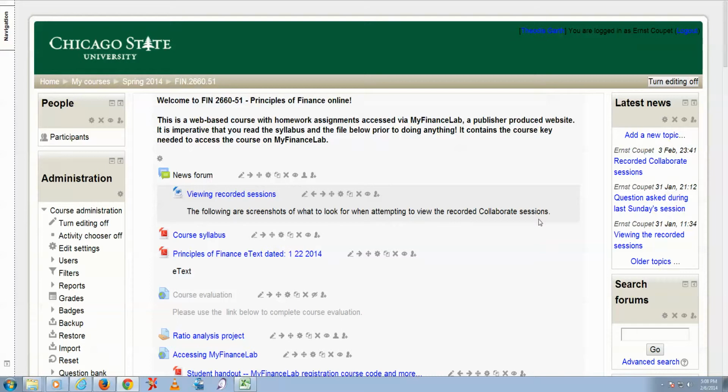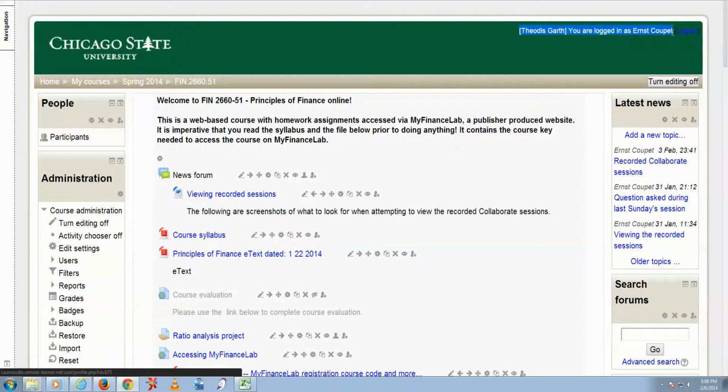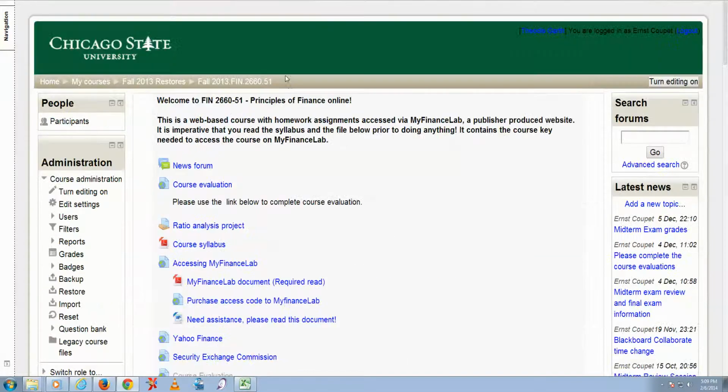Okay, Dr. Coupe, I'm back now. What I was able to do was to go into Moodle, and I've logged in as if I were you, the instructor of the course, as you can see right here in the upper right hand corner. This is your new spring 2014 course. In a different tab, I have your fall 2013 course as well. So to accomplish the results, to get the recordings over to the new semester, instead of using the import feature,